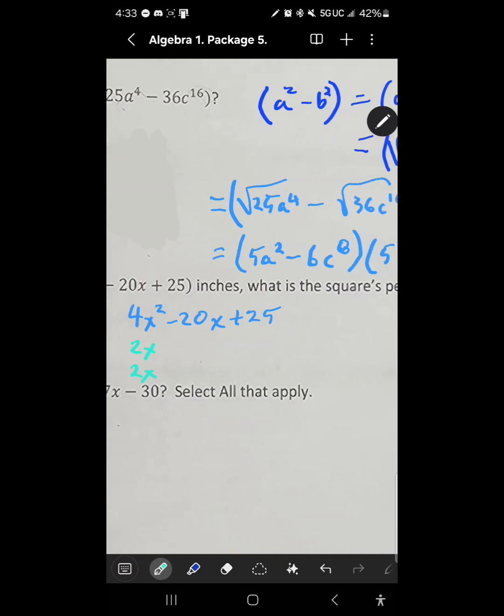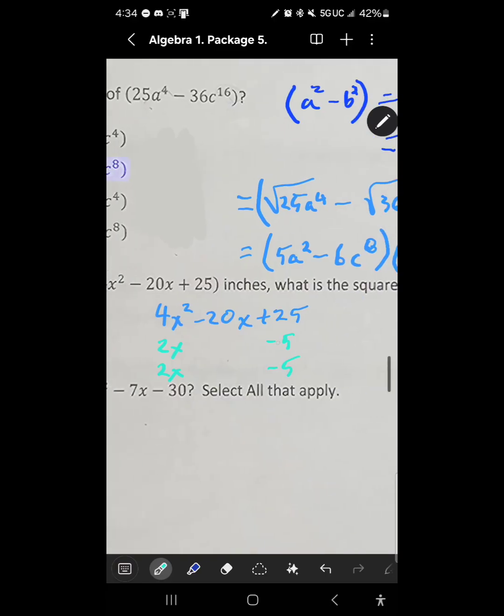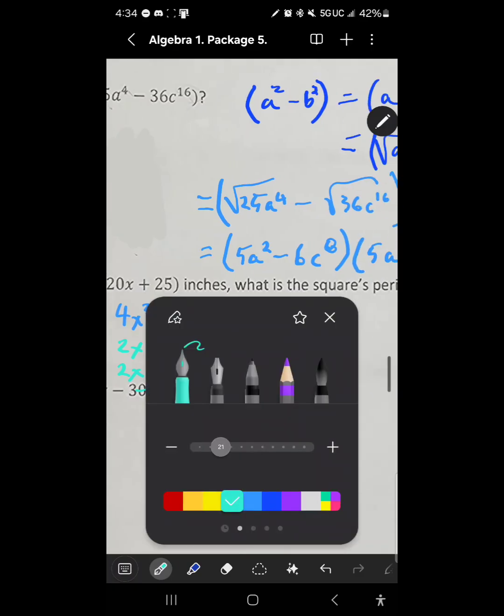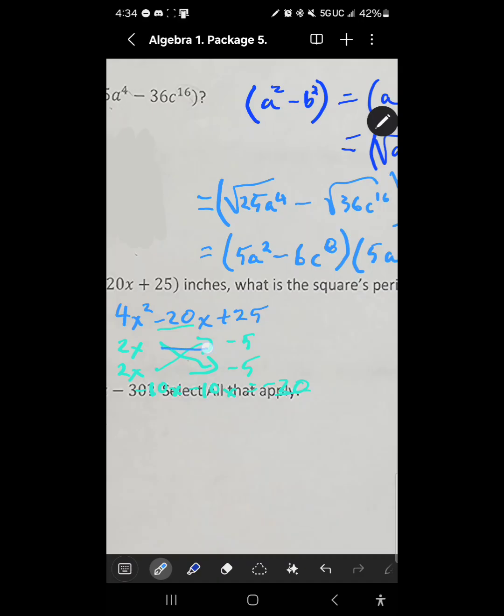And here, since there is a negative, these both need to be negative, and 5 and 5 for 25, so -5 and -5, because -5 times -5 is positive 25. Now let me cross multiply. Negative 5 times 2 is -10, so -10x, -10x again, and -10 plus -10 is -20x, which is the same. So we are fine, and therefore our answer